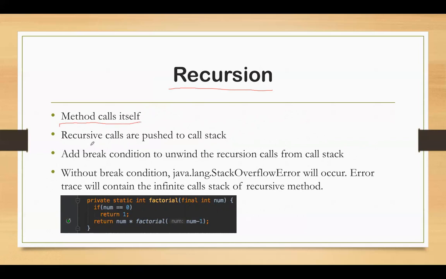Every time a recursive function is called, it adds that function to the call stack. Since calls are added onto the call stack one after the other, we need to find a break condition on which it will stop the recursion.